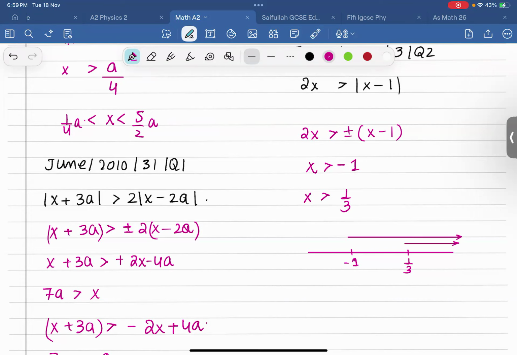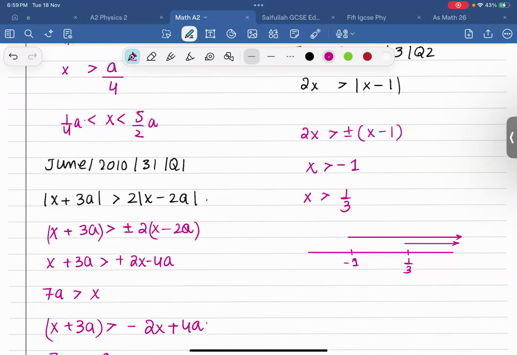Do we have to consider 1/3 or -1 or both? ग्रेटर देन -1 कर दे। Okay, and or smaller than 1/3? ये दोनों अगर दोनों लिख दे, ग्रेटर देन -1, ग्रेटर देन 1/3।